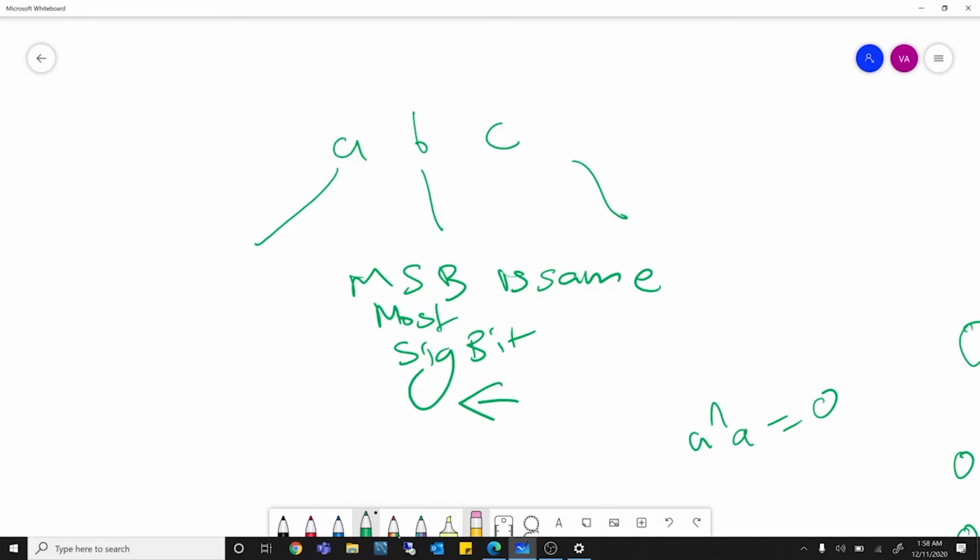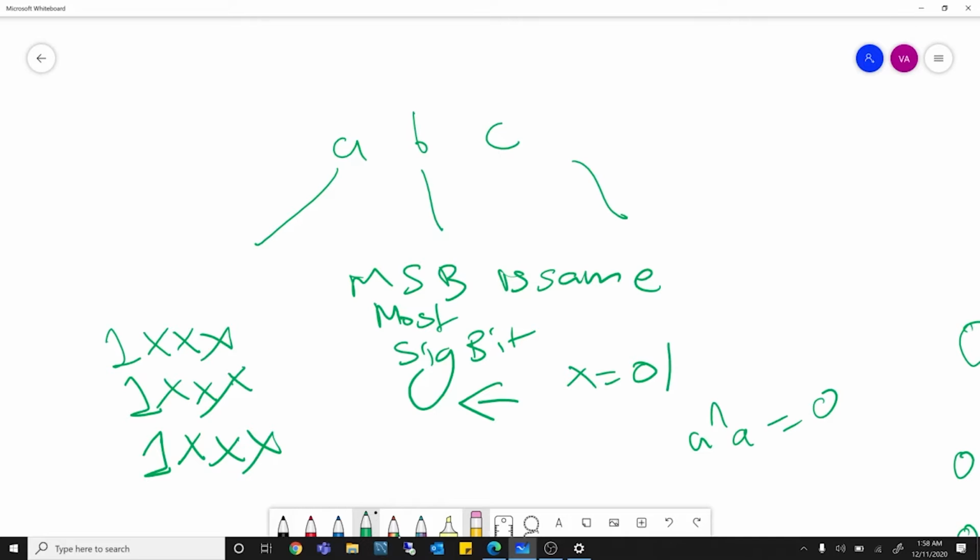So suppose A is 1xxx, B is 1xxx, and C is again 1xxx, where each x could be either 0 or 1, whatever it is. We're not concerned with that right now.